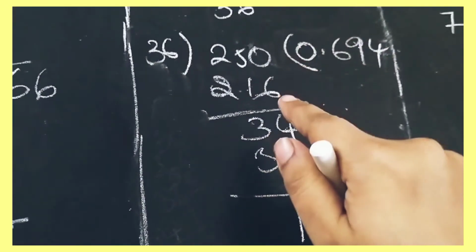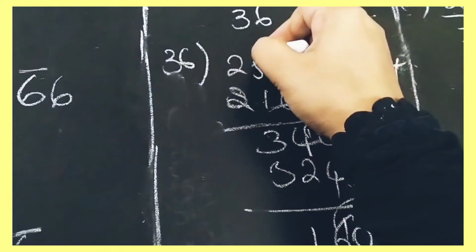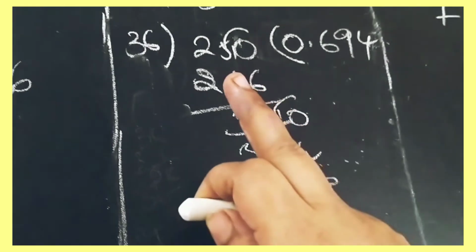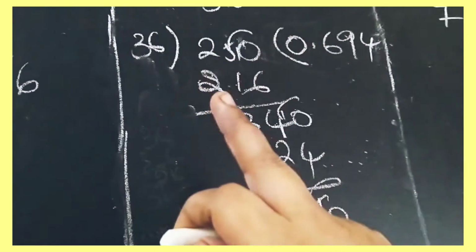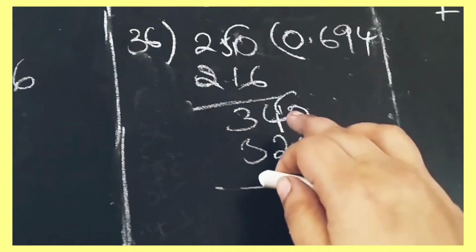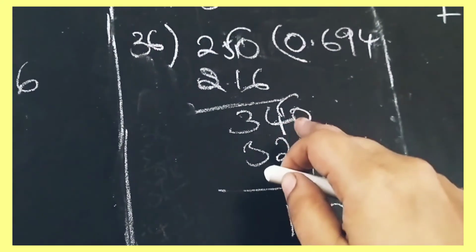So now 10 minus 6 we have to take. We have to make this 0 as 10. 10 minus 6 is what? 4. Again here 4 is there now. 1 we have taken there. So 4 minus 1 is 3. So 34. Again we have to write here 0. As we have taken 0 point, now we can take here 0.